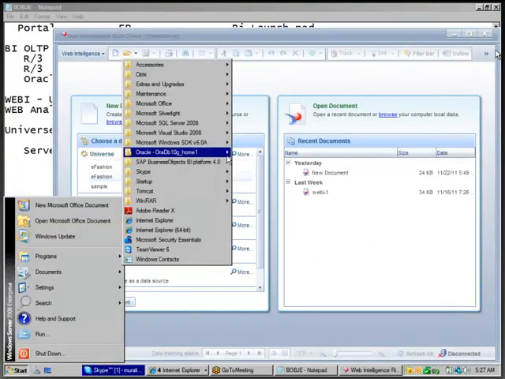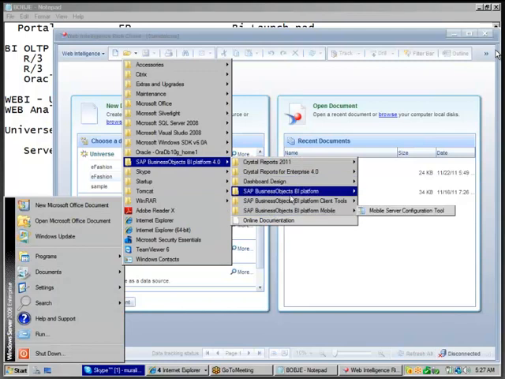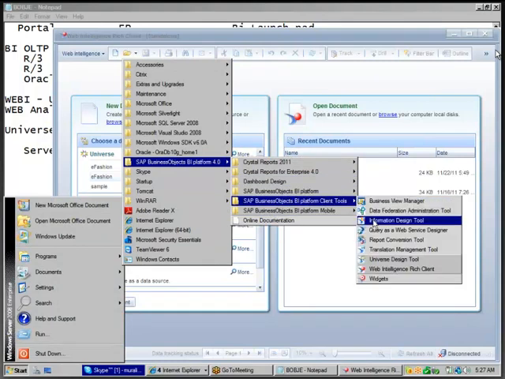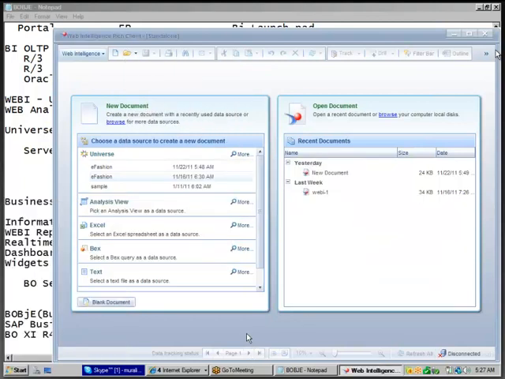Okay. Anyway, for creating ad hoc reports, I told you there is a tool called the Rich Client. You just need to go to R4. There you have the client tools, BI platform client tools. Then you need to take Rich Client. Once you click on Rich Client, you'll be on this window. Once you are in this window,